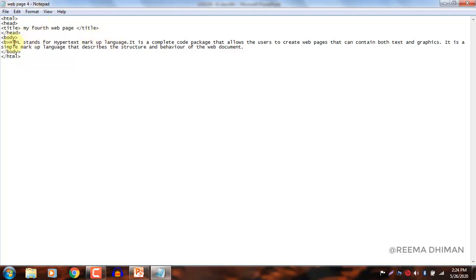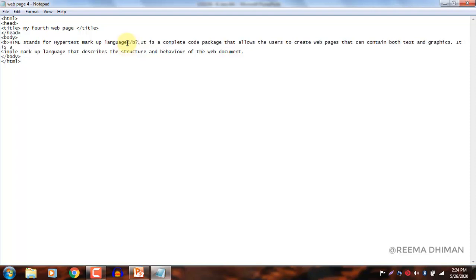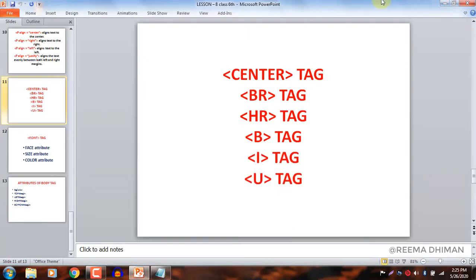So in the first case, we will consider only emphasizing the first line. So I will write here the opening B tag and the closing B tag. Clear? Now press Ctrl+S and observe the changes.